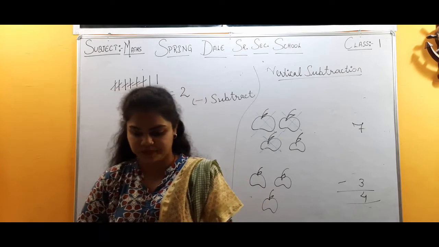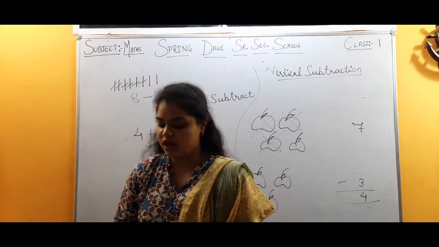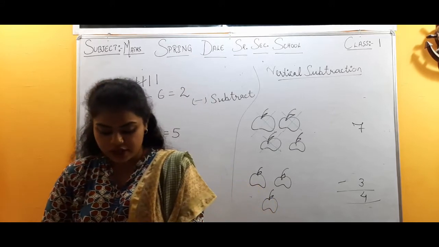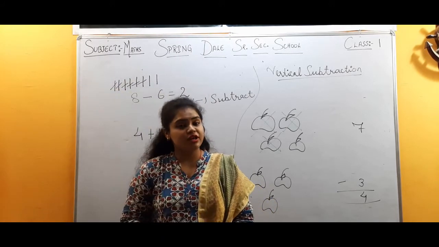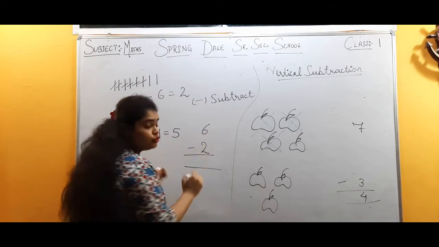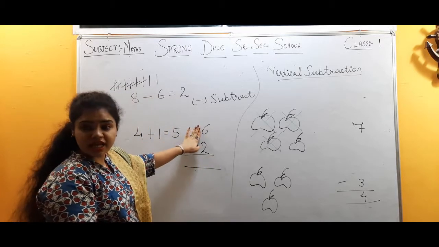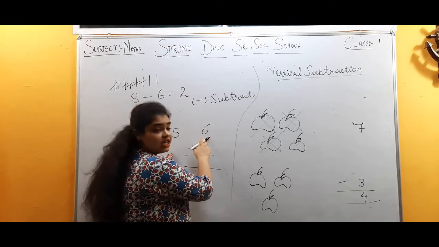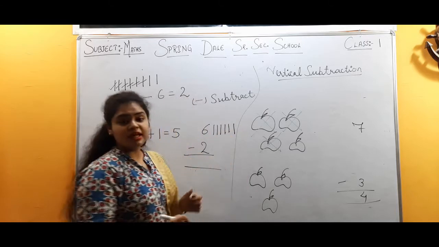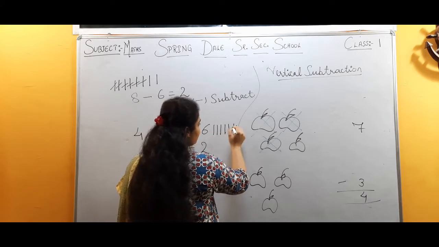and 31. Coming to the next question on page number 31, we have subtract by drawing the lines and crossing out. One is done for us. Now in the first one the number given to us is 6, and the next we have 2. Now we have to subtract that number. What we will do? I told you, जो नंबर पहले लिखा जाता है हम उतनी लाइंस बनाते हैं. तो पहले नंबर क्या लिखा है? 6. 1 2 3 4 5 and 6. कितने हमें नंबर्स कट करने हैं? 2. हम हमेशा यहाँ से कट करेंगे, 1 and 2.